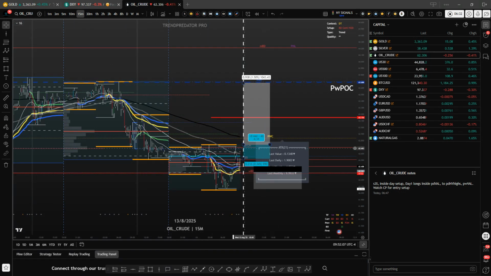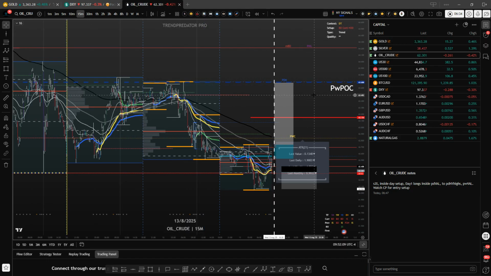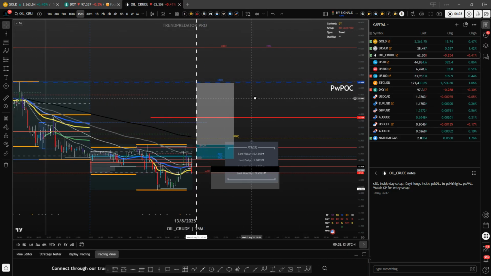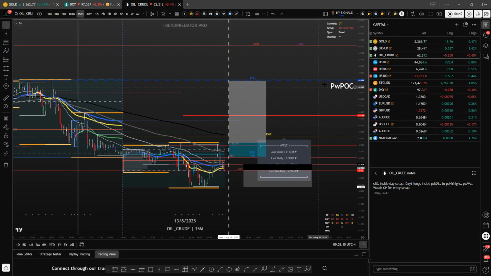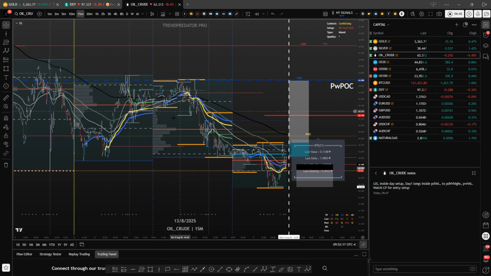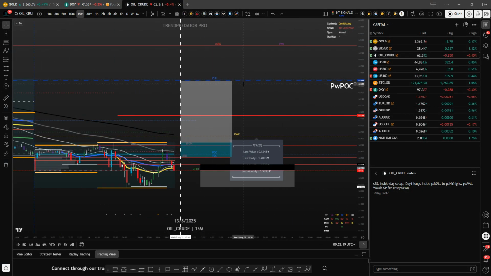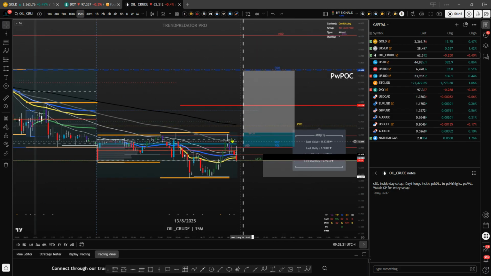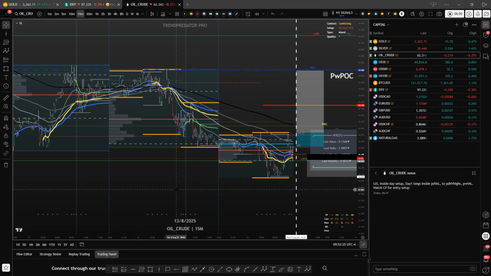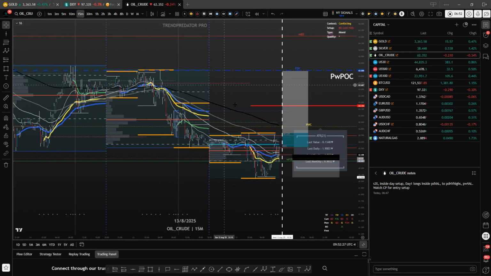That's not always the case that it will do so, of course not, but it's a thesis. It's something that plays out time and time again. Not specifically for oil, I mean in all markets. Inside days are signal days, and there are prospects of a breakout to the upside